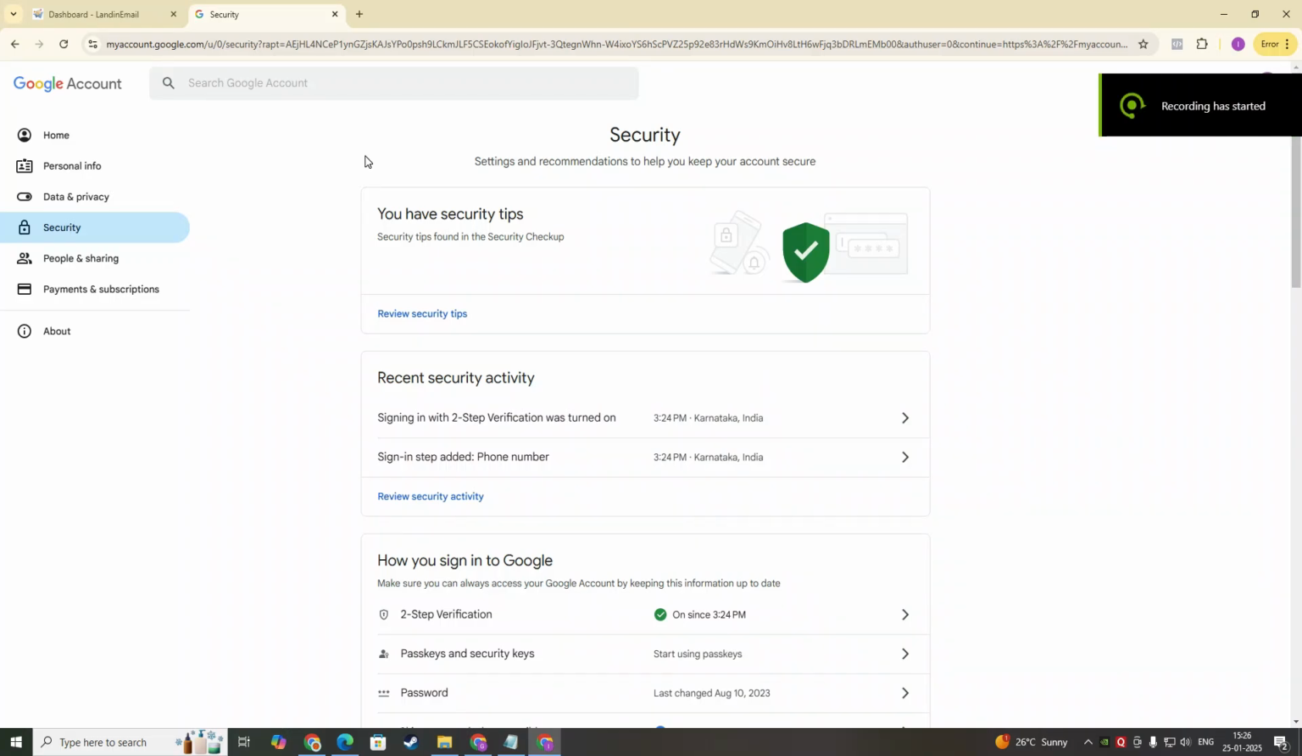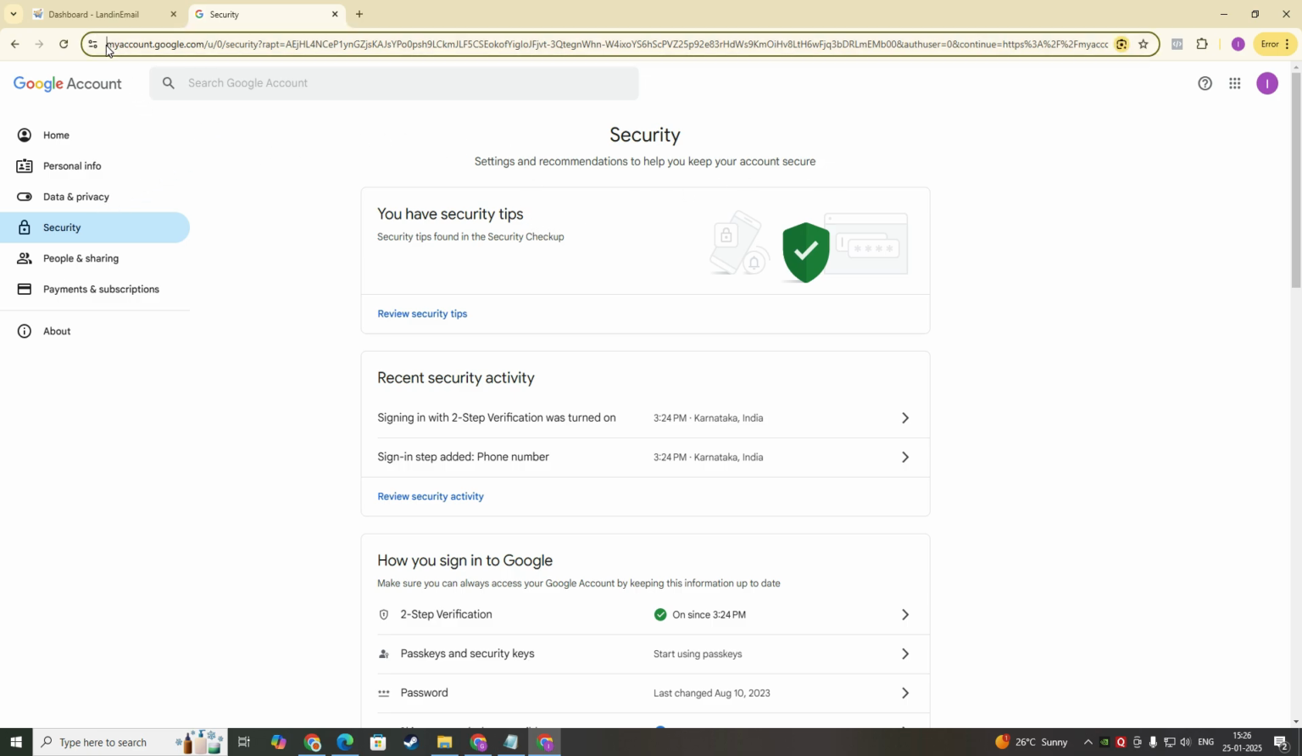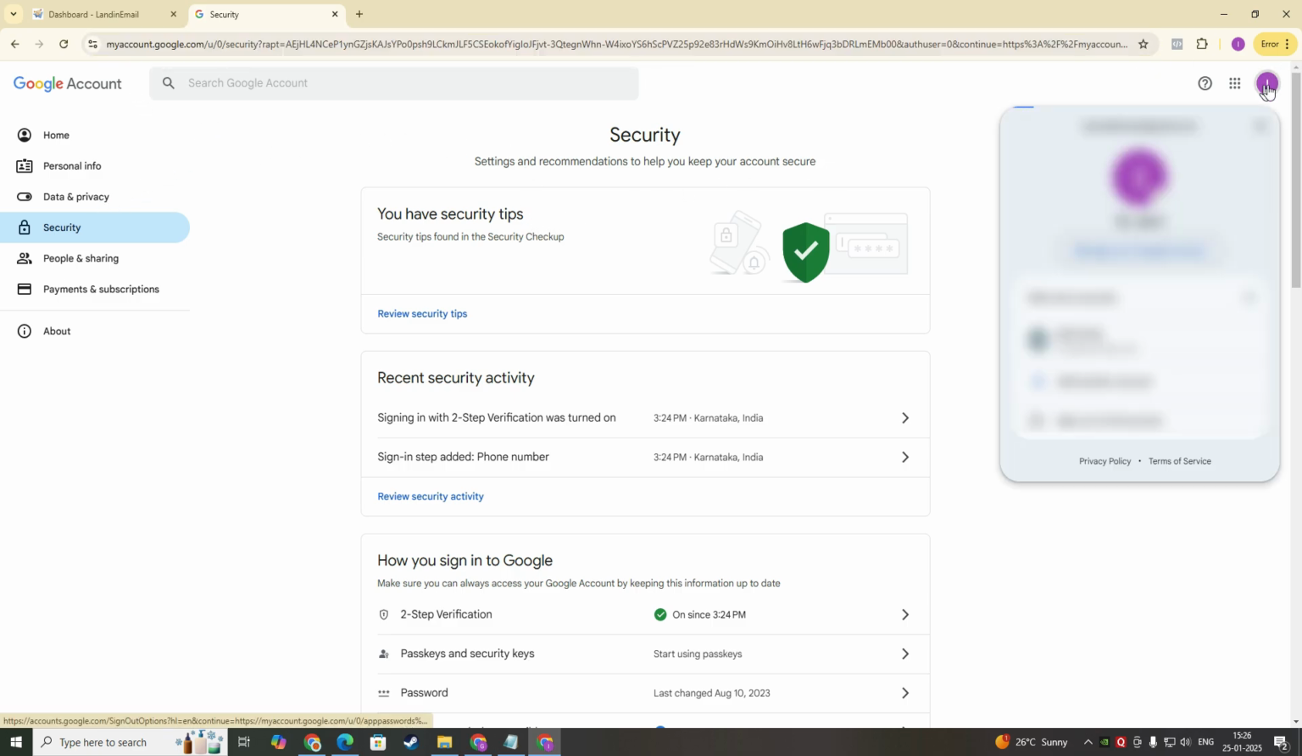So guys, this video is about Gmail. How can you connect Gmail into Lemlist email? So many customers were asking how to connect Gmail into the email tool. It's very easy. First you have to go to myaccount.google.com and choose the Gmail which you want to connect